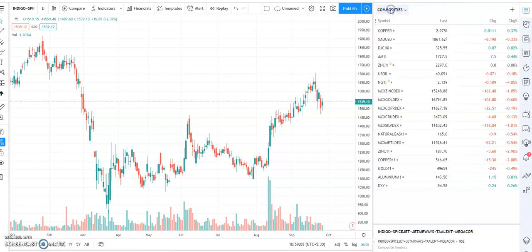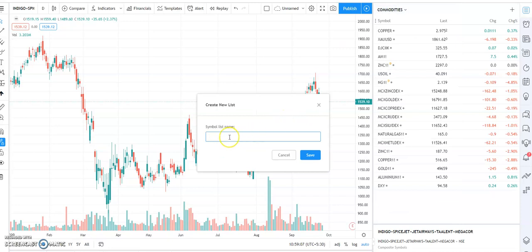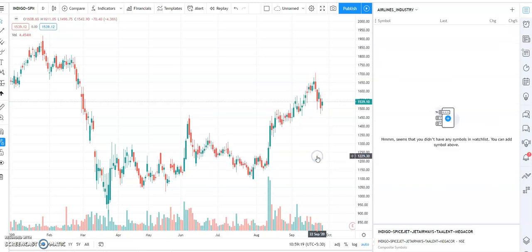Click on this. Give a symbol name. Let us give a name, airlines industry. Save. So it will automatically create a name with an empty list.